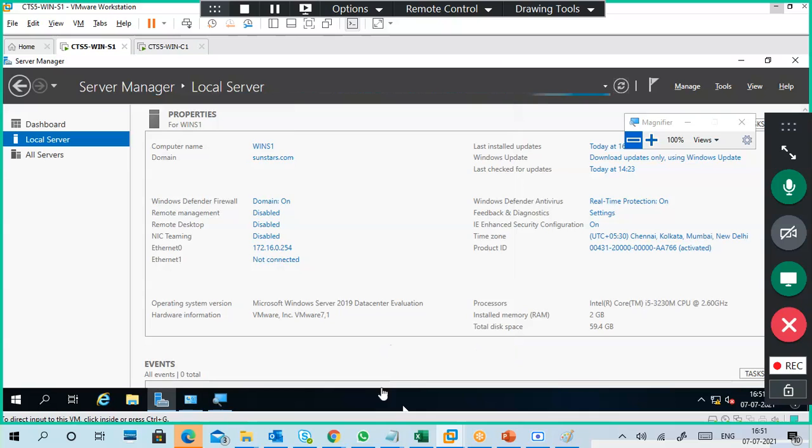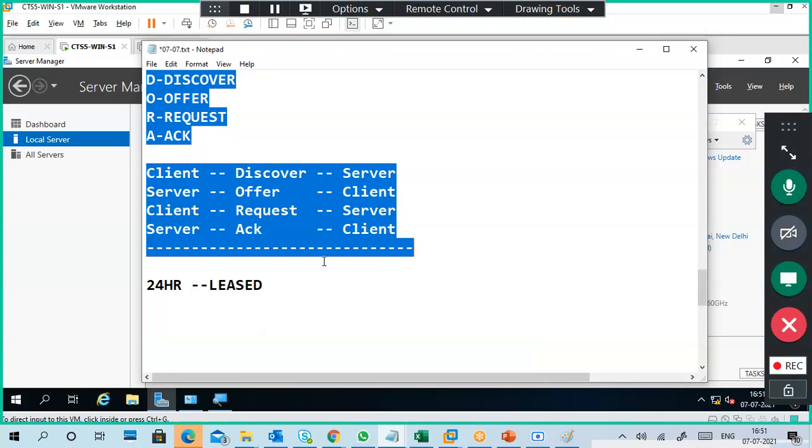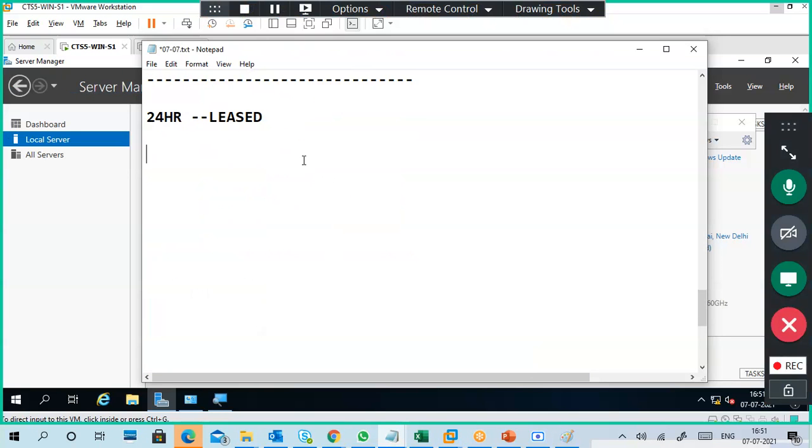Okay, so now I'm going to type my IP address here, 172.16.0.254. Guys, tell me the network ID for this network.